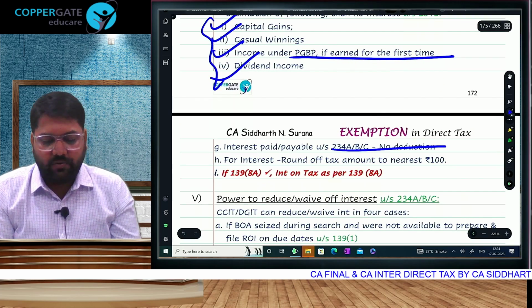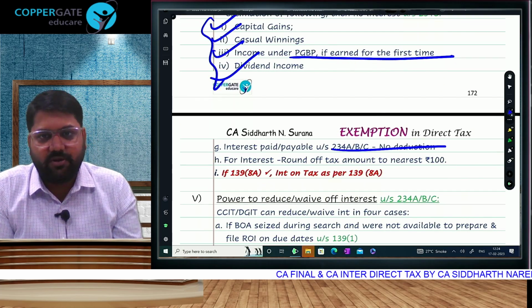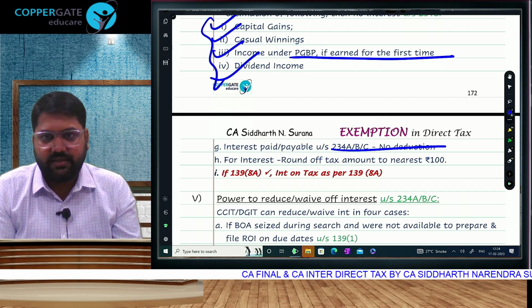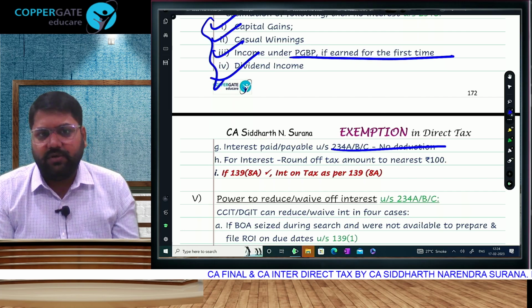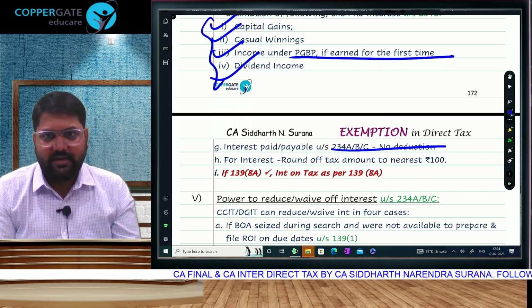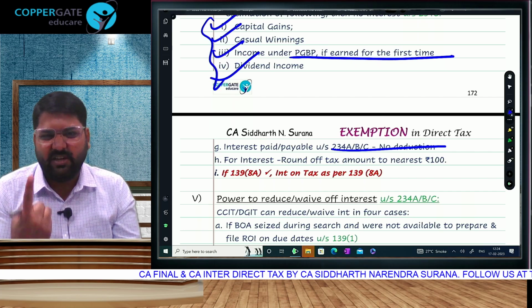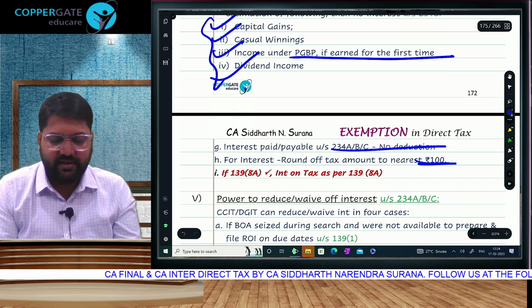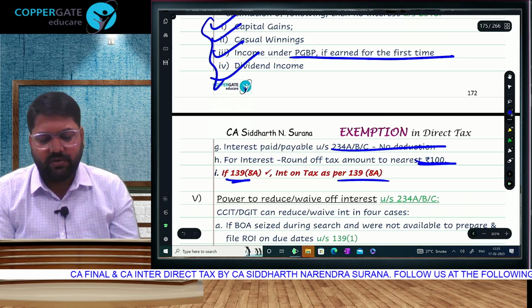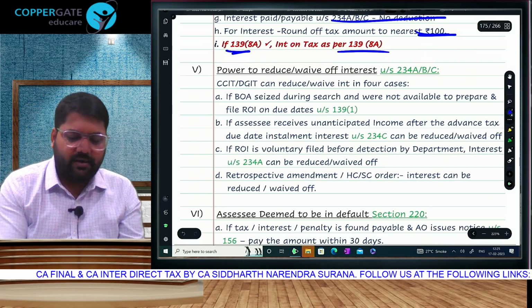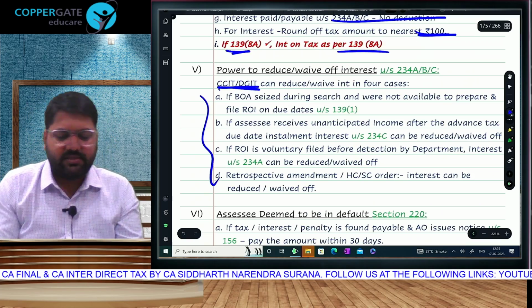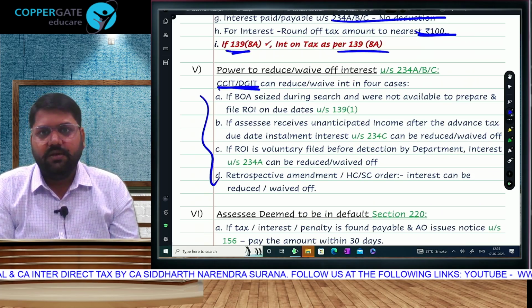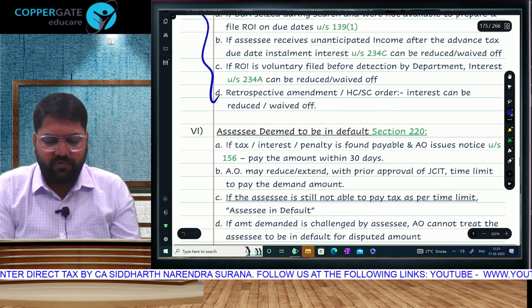All the interest that you are paying has no deduction because it is like a penal nature. Normally income is rounded off to the nearest multiple of 10, income and tax both, but for the purpose of interest calculation, because it is 1%, no? So we will take nearest 100. And of course if there is an updated return, then tax as per updated return. Subject to certain conditions, in certain cases you can take waiver of interest from CCIT, DGIT, you can request them for waiver.